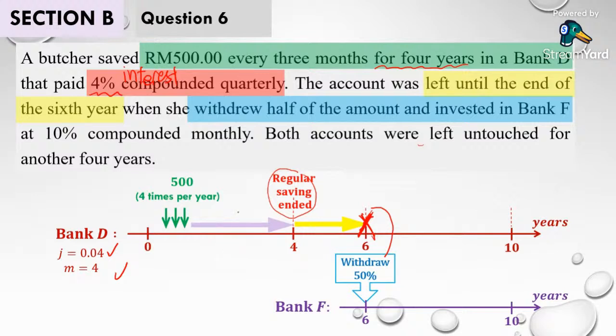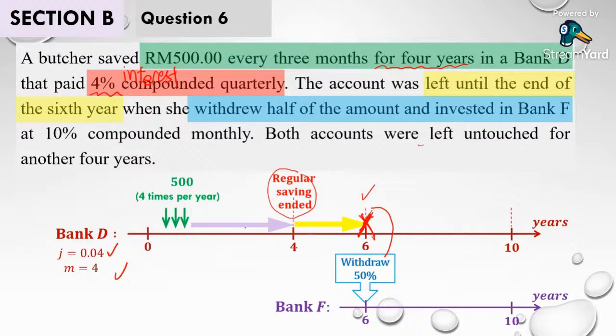On the 6 years, the 50% of the money in the account is withdrawn out, which means that if, let's say, this account here, at this moment, I have 20,000. That means it will withdraw 10,000 to the other side. But how much is it? I have no idea until I can have further calculation. But this is a story happening.